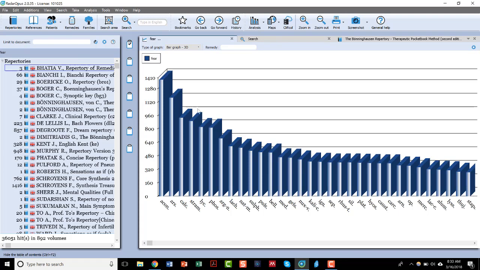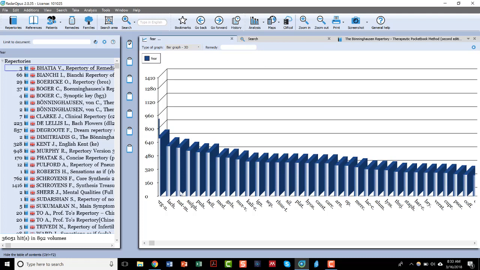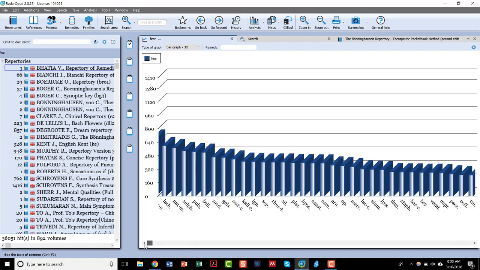Okay. Now, just since we're here, another little feature that you might be curious is, let's say you're wondering, I wonder where natmur fits in this line. Well, I can type in natmur, I can click on it, hit enter, and it will take me straight to natmur. So I can see where it falls in this line, and somewhere, what is that, about maybe 600-ish, compared to our initial of about 800. So if you're wondering where your remedy is, you can always just type it in if you don't see it, and it will take you straight to that remedy in the graphical analysis. Okay, so